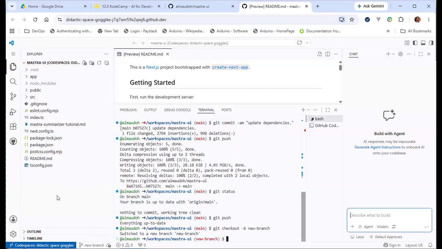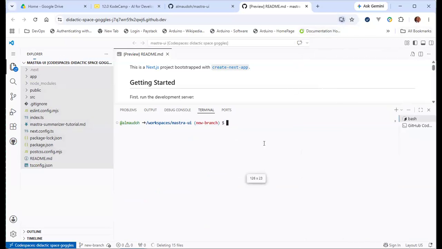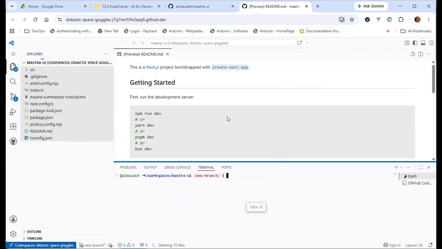In this new branch, we will start from a clean slate and wipe everything clean. This will take a bit of time.